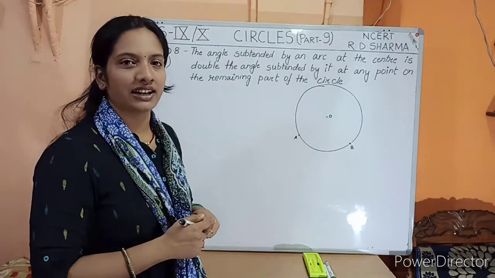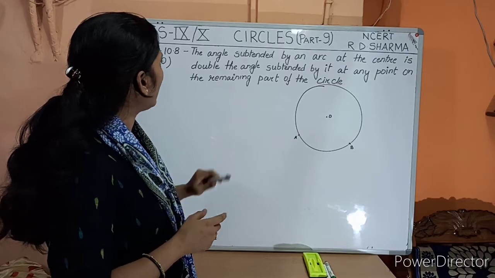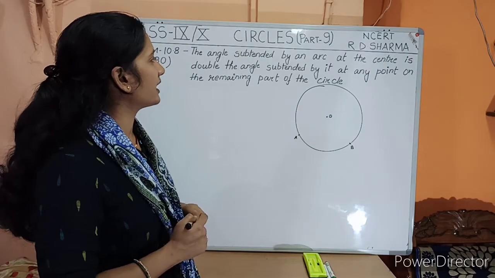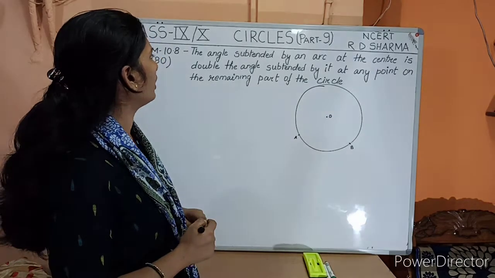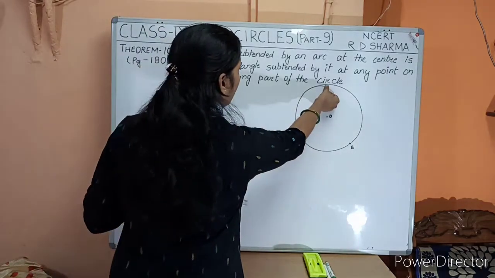So what it says, let me elaborate that thing. The statement is: the angle subtended by an arc at the center is double the angle subtended by it at any point on its remaining part. So it means that a circle is given, and if any